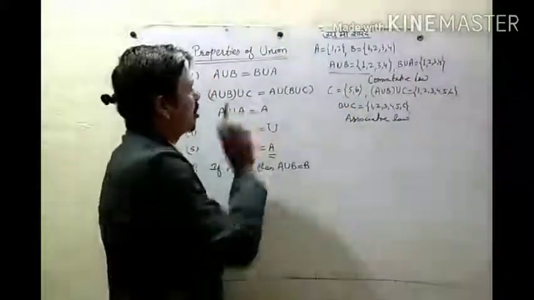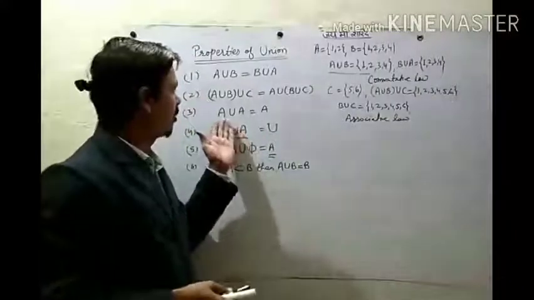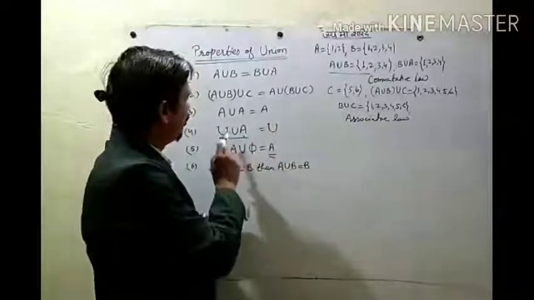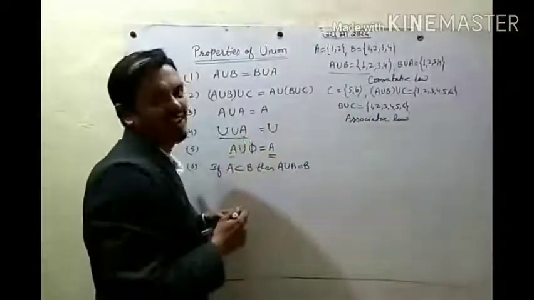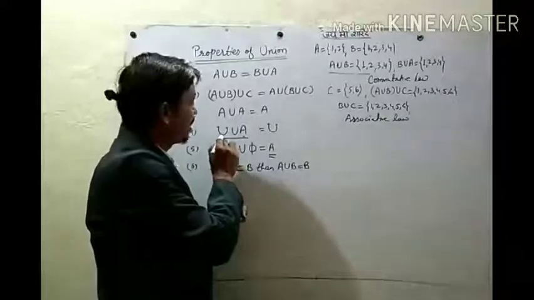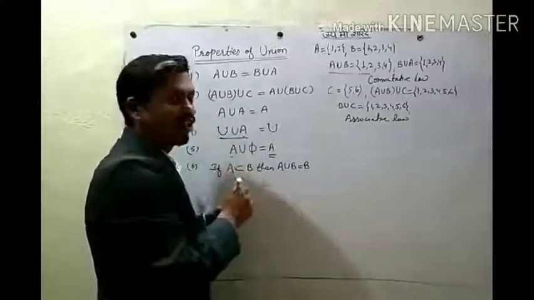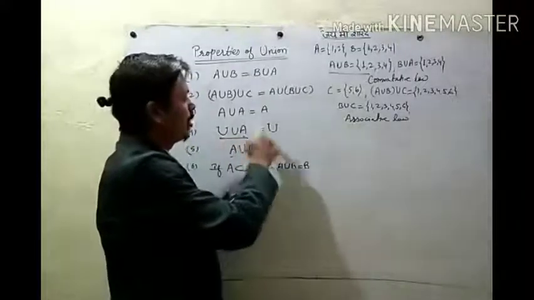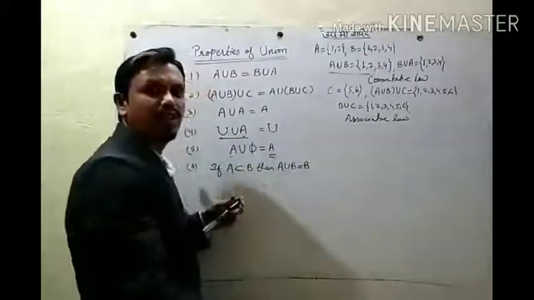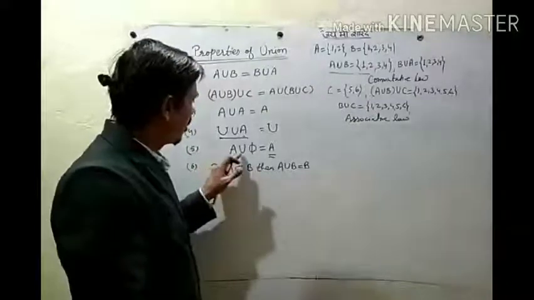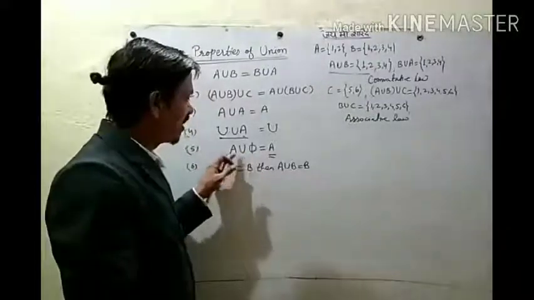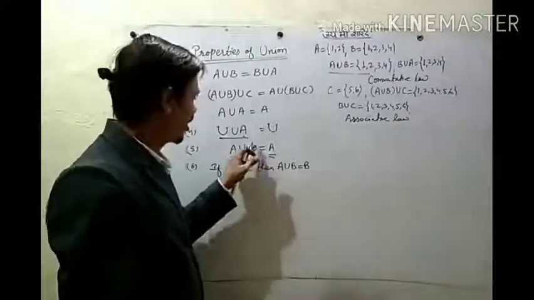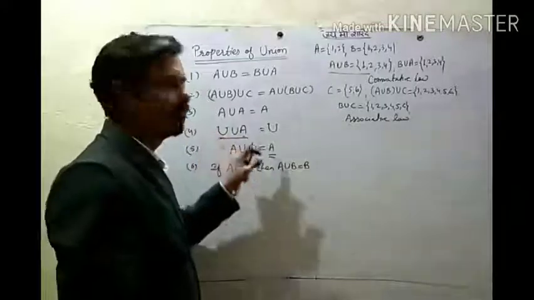Then A union A equal to A. That is clearly if we take union of A with itself, we get same set only. Then union of universal set and a set A. So universal set is bigger set than A. Okay? And all the elements of A will be here. So its union will be universal set only. Then A union phi. Union of any set with empty set, clearly it is A only, because it has no element, so all the elements of A will come.